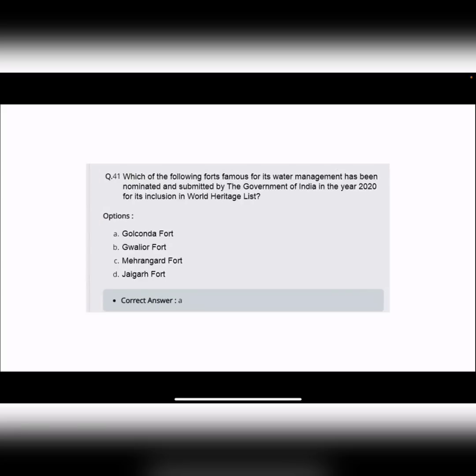Next question, which of the following forts famous for its water management has been nominated and submitted by the Government of India in the year 2020 for its inclusion in the World Heritage List? In history of architecture we have looked at Golconda Fort. So in Golconda Fort,